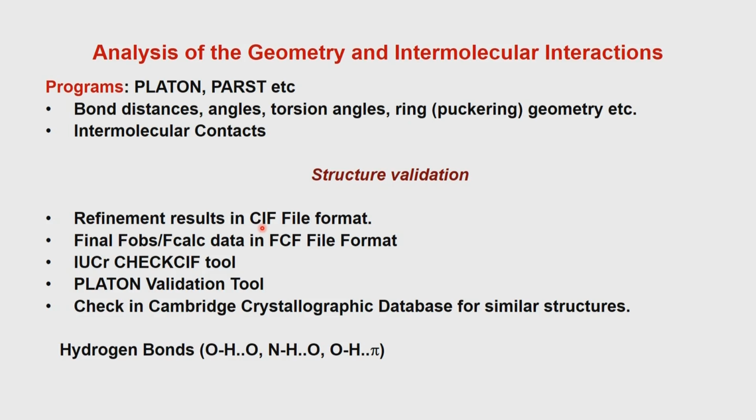All these features will be reported in the CIF file, along with the fact that the CIF file will also contain information about the nature of intermolecular interactions in terms of how they are bonded to each other. What is the symmetry operation which takes molecule 1 to molecule 2 through a hydrogen bonded interaction, for example. All such things are reported in the CIF file. So, once the CIF file is available, one can calculate all the geometry that is associated with the structure.